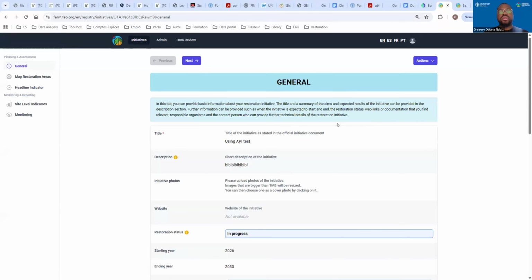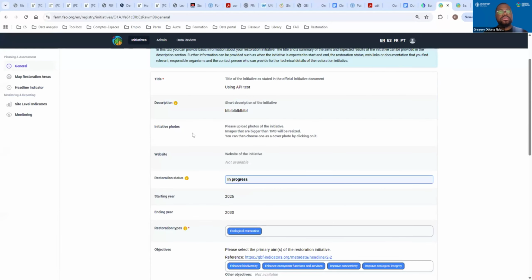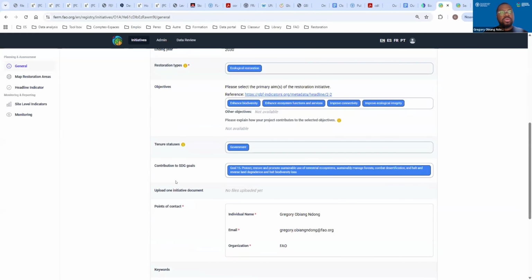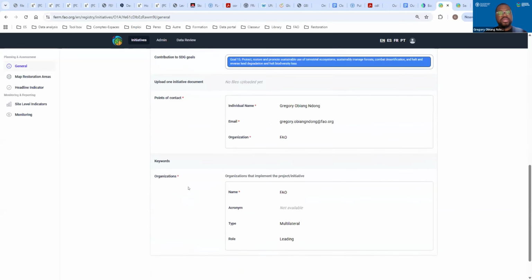So the idea is the normal process. This is the normal process when you register your initiative in FERM: go to the registry, create your initiative, and then start to provide information. The first is the general information about the restoration initiative: the title, description, the photo if you have one, the restoration status, the starting and ending year of restoration, the type of restoration, and the objective, and also the link to the SDG, and add information about the point of contact for your restoration initiative, and also the organization that